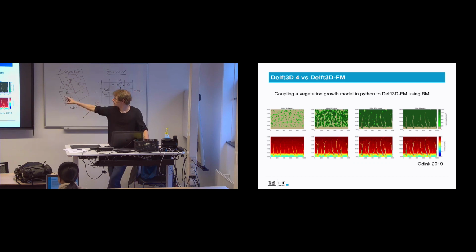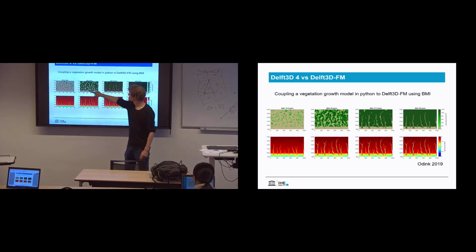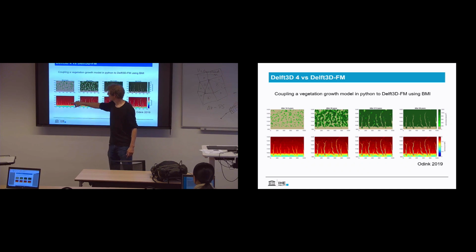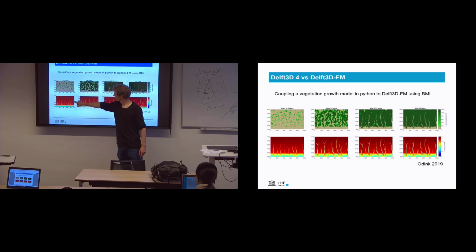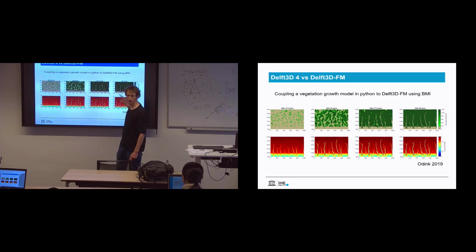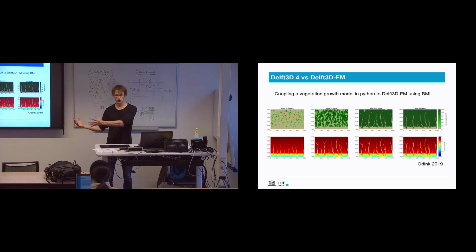That couples a vegetation growth model, the upper row here. This gives the evolution of vegetation through time, and it couples it to a morphological Delft3D FM model, which you see down here. So you see that vegetation determines the position of the channels, and then the position of the channels determines further evolution of the vegetation pattern. So you have this feedback mechanism going on. And you can do that because you have a tight online coupling between the Python vegetation growth model and